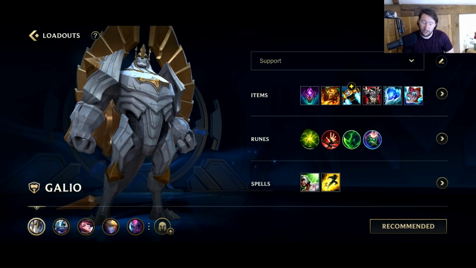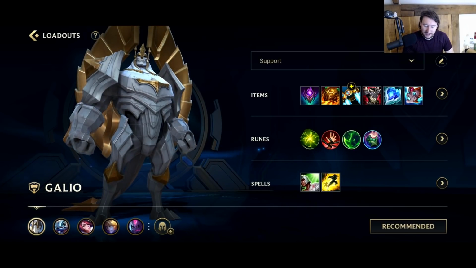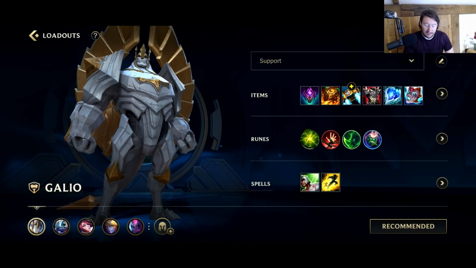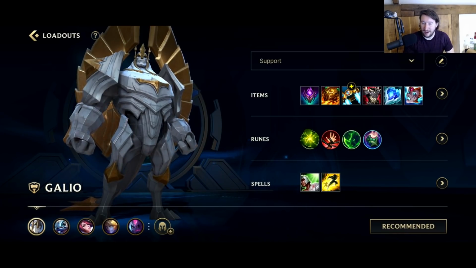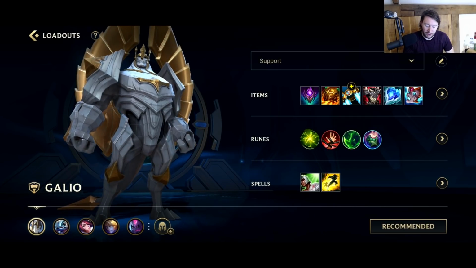So Galio has 2 major builds. Like you can play him mid and support most of the time. I like this support build. This build would also work relatively well in the Baron lane if you choose to play a Galio tank. Just running with the Abyssal Mask works so nicely with Galio. It's a great item for him. The Sunfire Aegis into the...